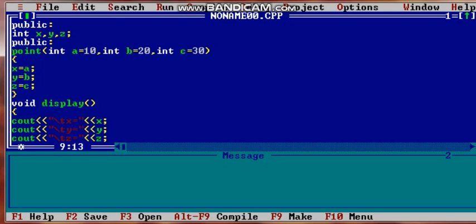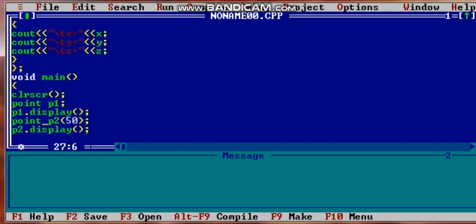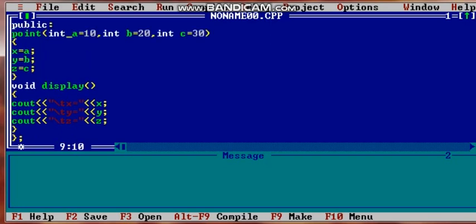It will take your value 50, and a will assign the value to x. So the value of x will be 50. But what about the 2 other values? You are not passing them, so for b and c it will take the default values 20 and 30. Let's check.